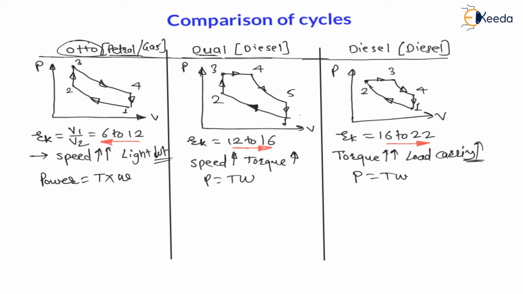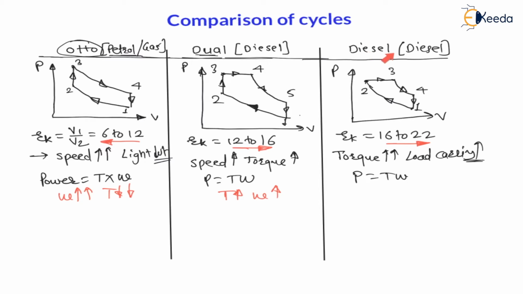And my dear students, for petrol vehicle speed is more and torque is less, means they cannot carry load. So petrol vehicles cannot carry more weight, or the transport vehicles are not petrol vehicles. Petrol vehicles are used for lightweight purpose, right? Such as transportation of human beings, right? Or we cannot say transport vehicles, I am saying the cars, that is private cars, right? Now, and racing cars. And in case of dual cycle, the torque is also good, little bit higher, that is load carrying capacity, and speed is also little bit good.